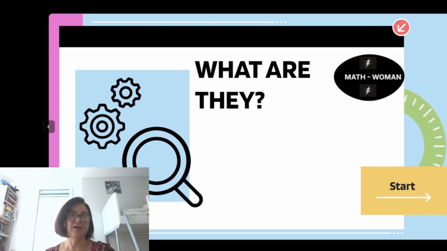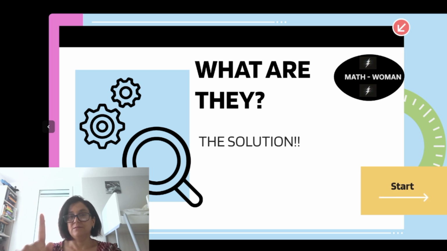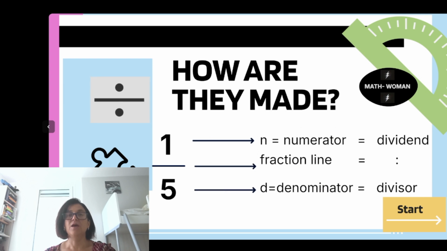Okay, what are they? They're not a problem, but they are the solution to a problem. The problem of the division you cannot do in the natural set of numbers. Natural numbers are whole numbers: 1, 2, 3, 4. The first ones we learn as a kid. So, 1 divided by 5 cannot be done in this natural set of numbers because no natural number multiplied by 5 equals 1. So we use another kind of numbers, fractions, which are a division written in a different